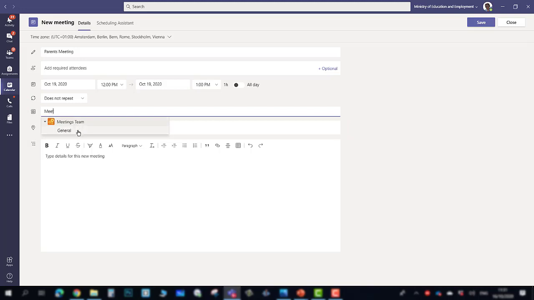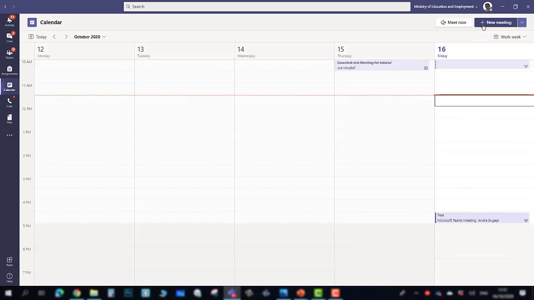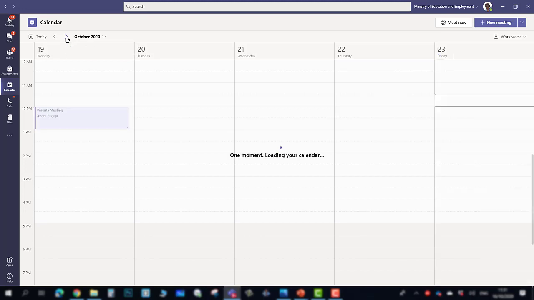Select the general channel of this team. Finally, click Send. And that is the first part of the process. The next step involves finding the meeting in the calendar,